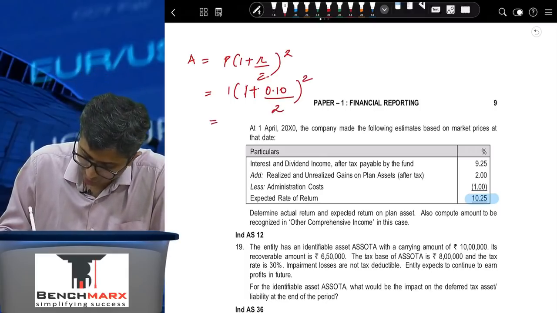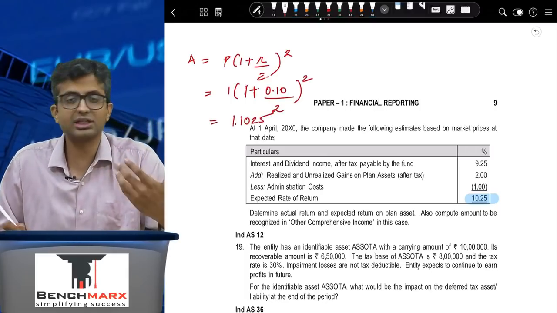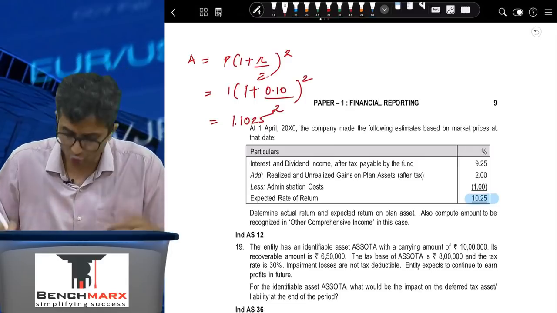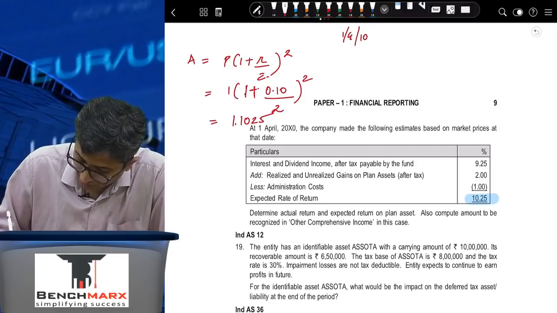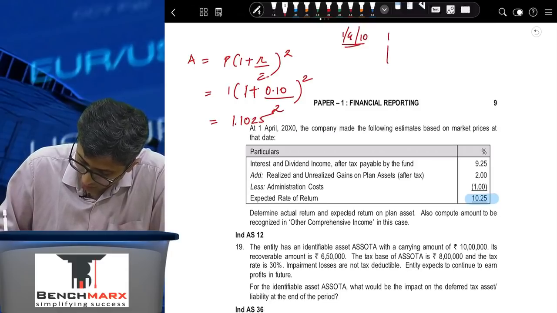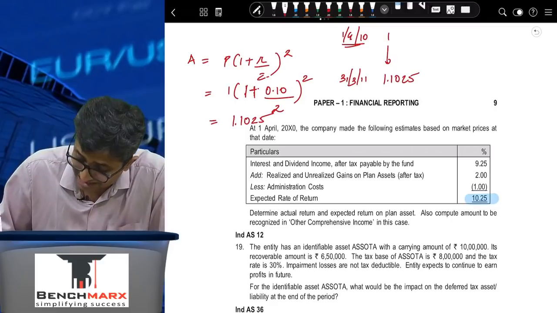If I do this working, I should get 1.1025. So the effective rate calculations apply over here. On 1st of April 2010, if I invest 1 rupee, on 31st March 2011 that will actually become 1.1025. That is, it will give a return of 0.1025, that is